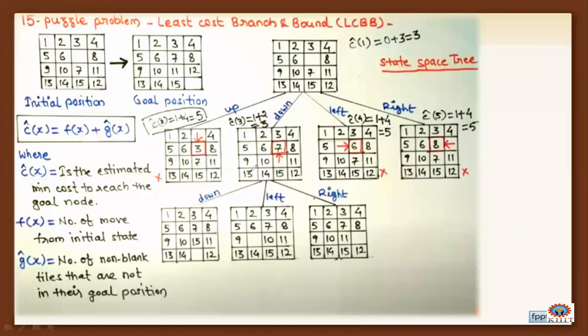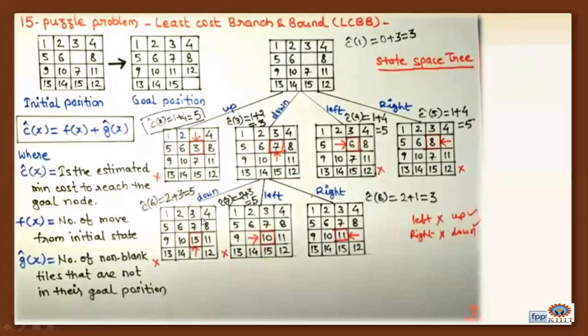Now I can consider the first one, going down. When I consider going down here, I need to calculate the value of C cap of 6. I need to find the value of C cap of 6. Now let us see how to calculate the C cap of 6 value.